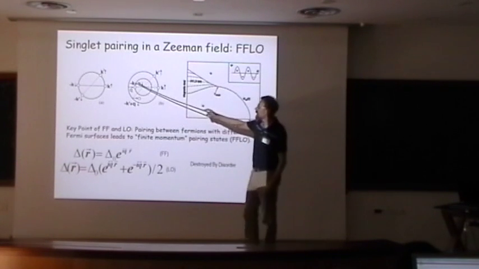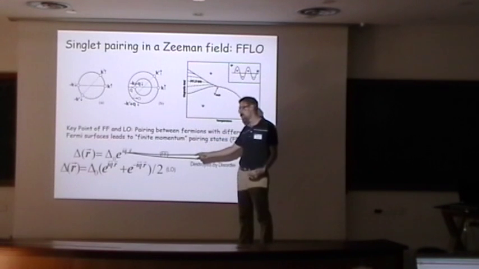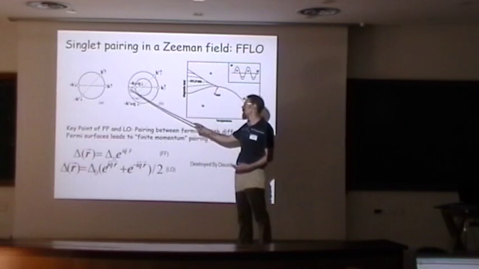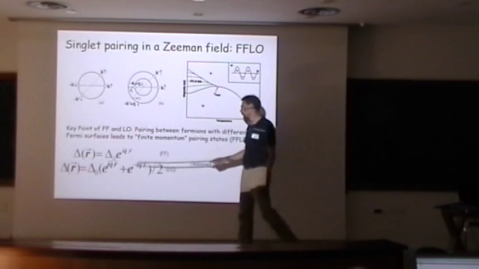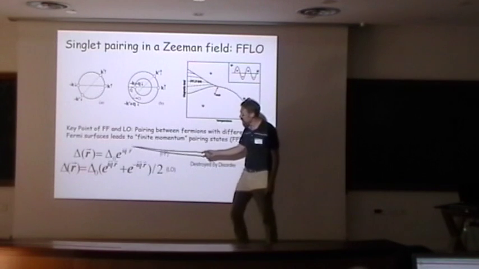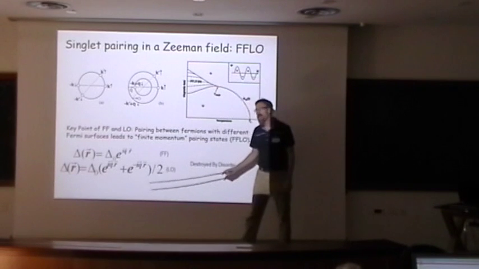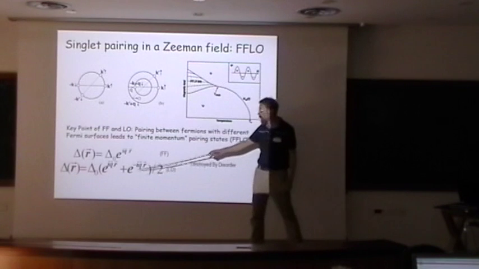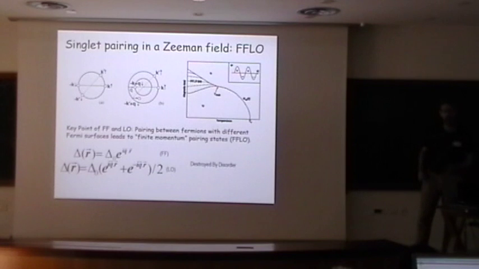In this particular case, the Cooper pair order parameter develops a spatial modulation, either e to the iQ dot r, because of this Q factor here, or because plus Q is degenerate with minus Q, you can have a linear combination of the two, and you can get a spatial oscillation of cosine Q dot r. In the original papers, Fulde and Ferrell focused a lot on this particular phase, and Larkin and Ovchinnikov focused on this particular phase. It turns out that generically, this phase is the most stable, the one where both plane wave components appear. But may I ask a question about the previous slide?